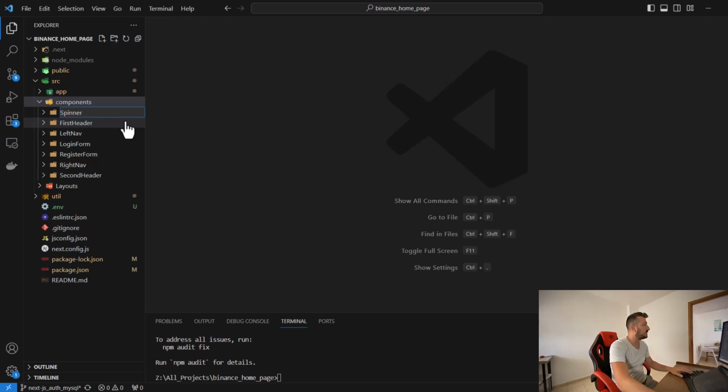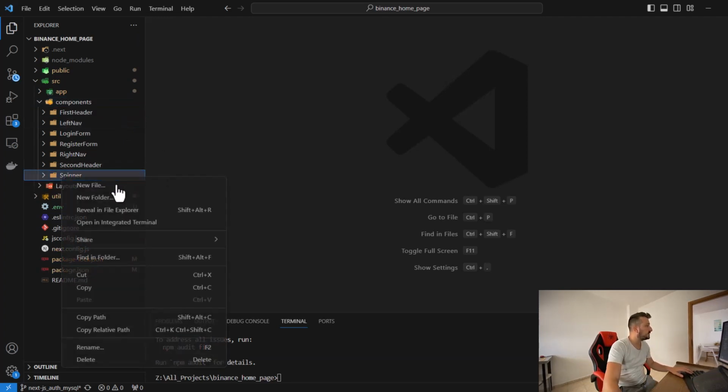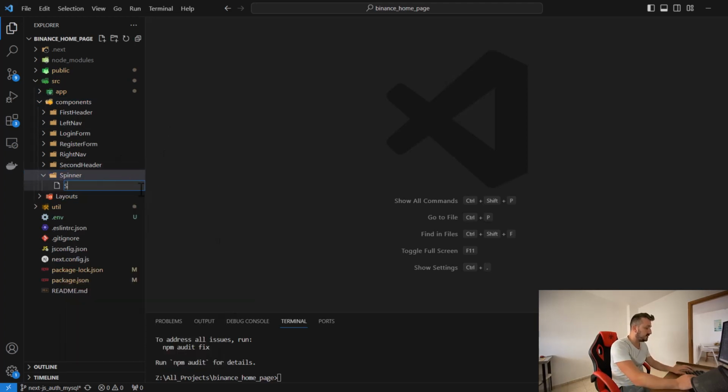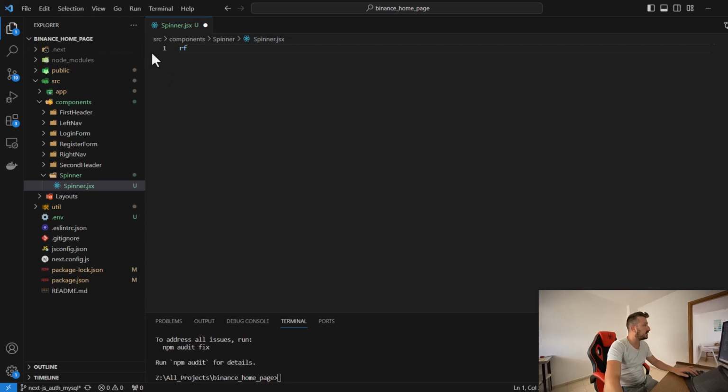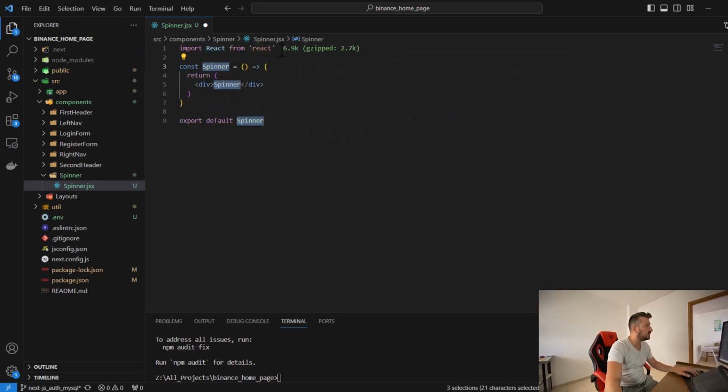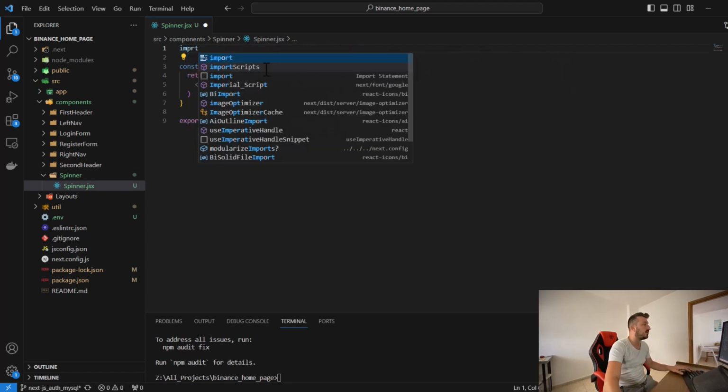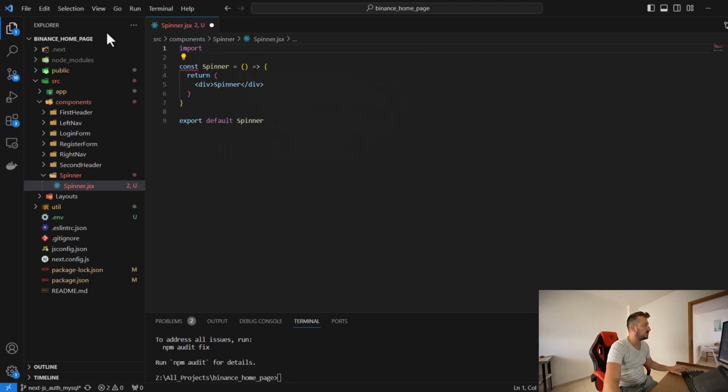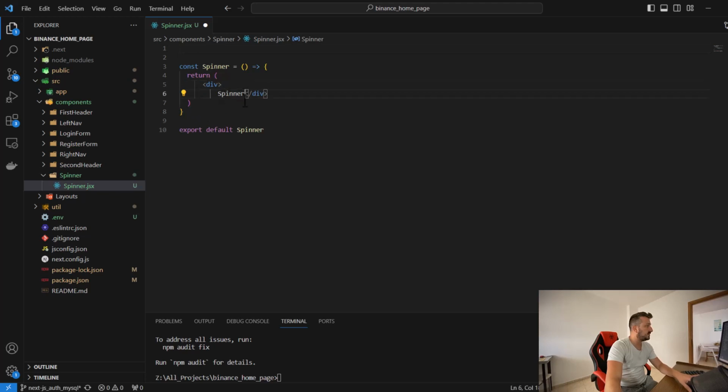spinner. Alright, and inside the spinner folder, create a new file, spinner.jsx. Inside here we write the function component. We don't need this import of React. We need to import one of the spinners that we want to use. We're going to wrap it with a div. Why? Because I want to add a class name of spinner to use later in the CSS